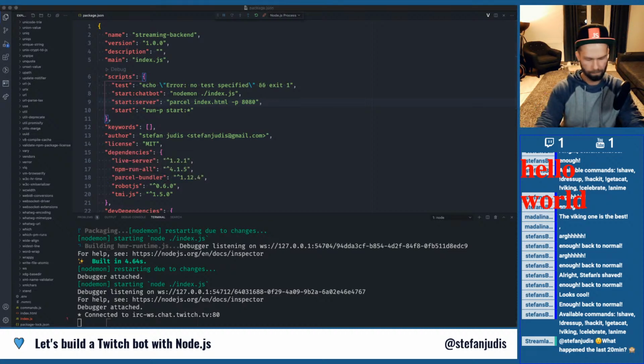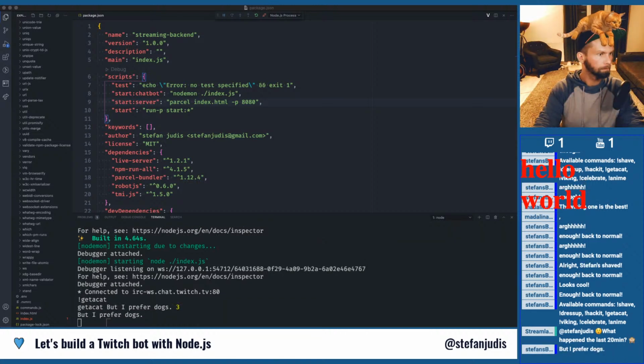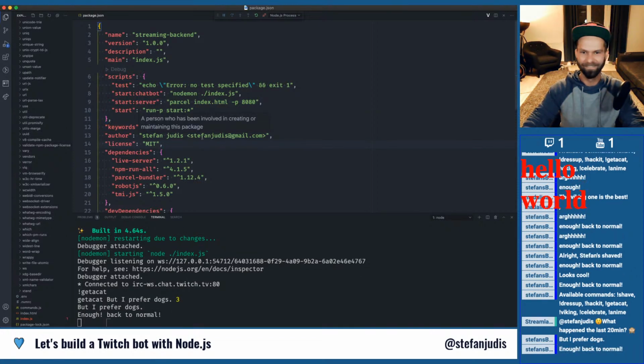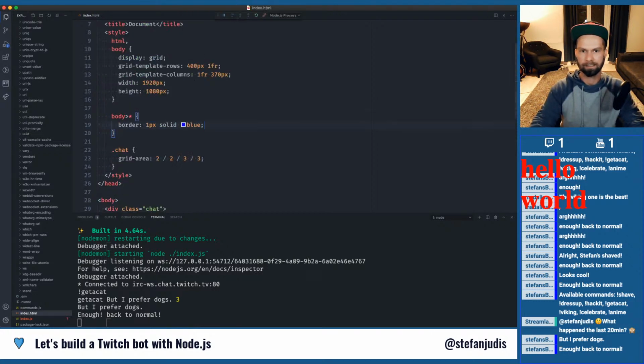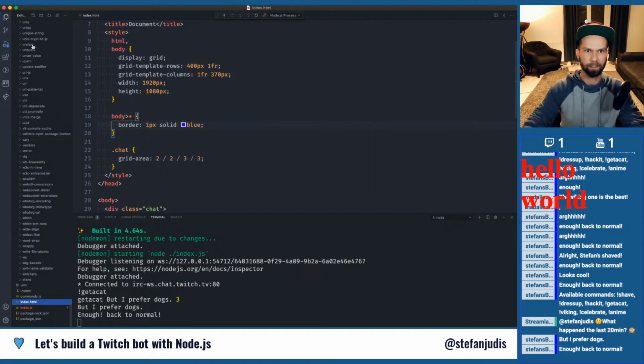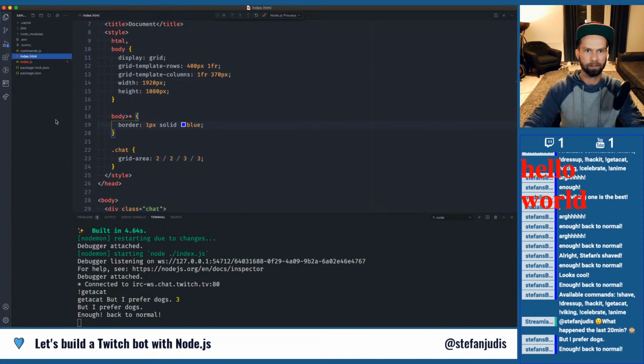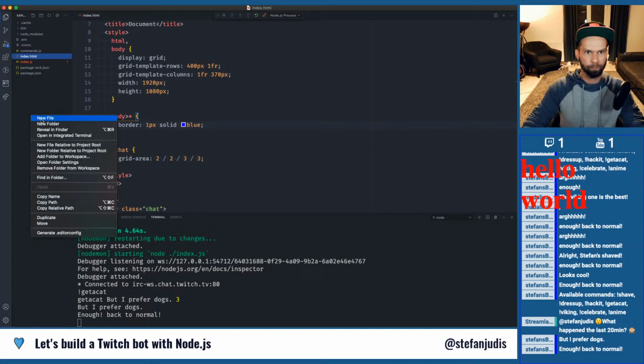Let's have a look. Get a cat. Yeah. Well, I'm still into the camera stuff here. So that works. So when we now go into our index.html file, we could bring in, let's have a look at what files we have here right now. So let's close everything up. And we do index.html, and I'm now gonna bring in,